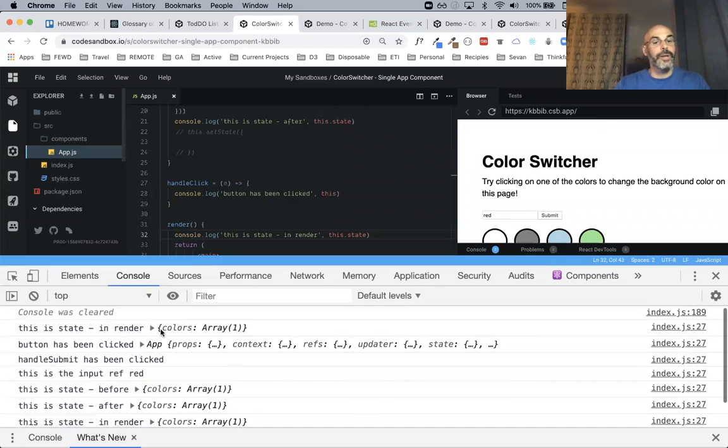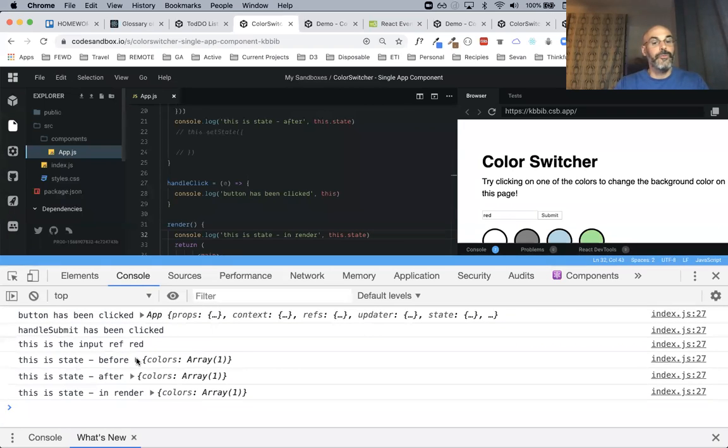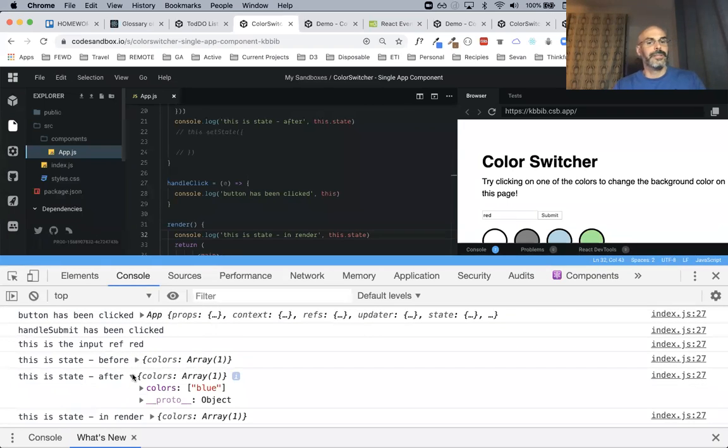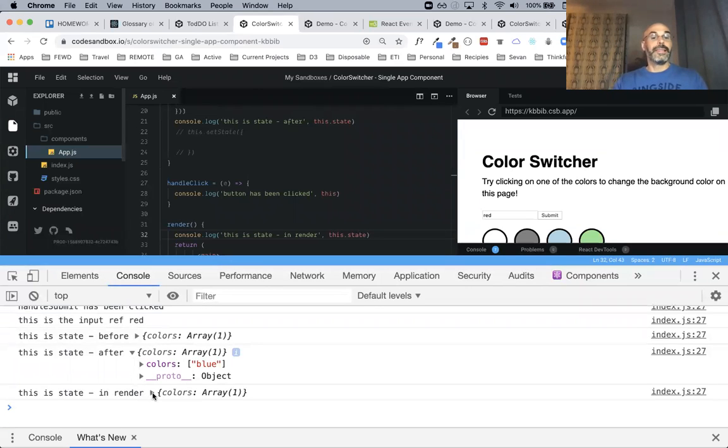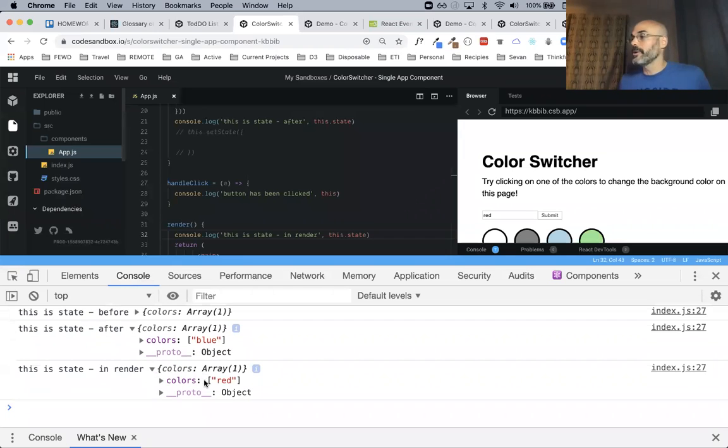This is render, the original render. This is before blue. This is after blue. And this is the second time that render has been called. And look, render is red. Okay? Now the reason is because